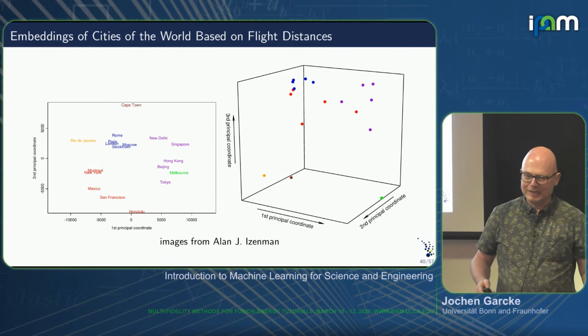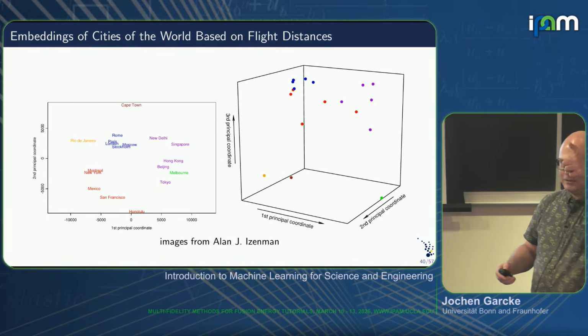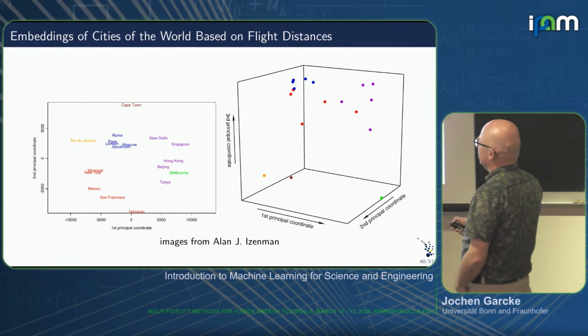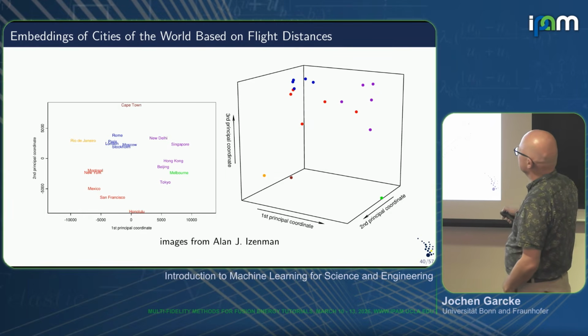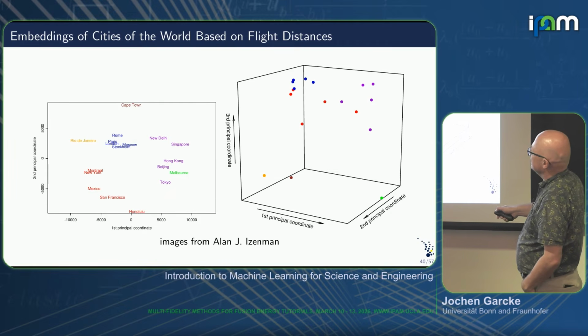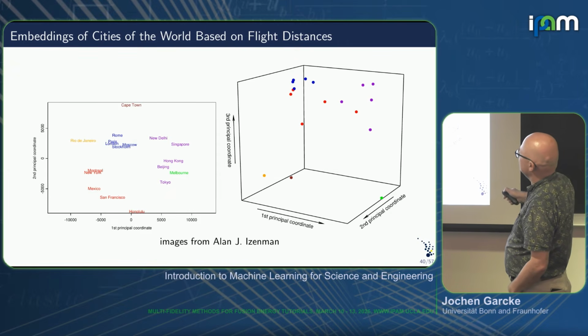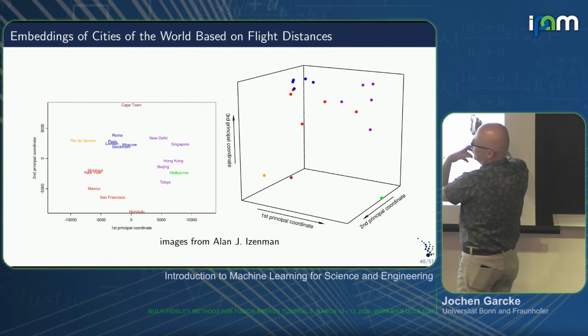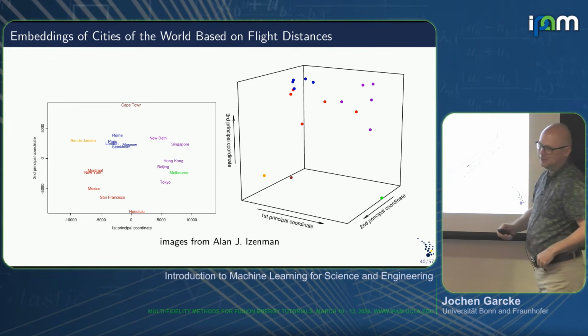We can do this for airline distances, so geodesic distances. So different distances still work. And we can do it in 2 and 3 dimensions. The color coding, you can identify here as Europe. Of course, if I could rotate that, it would be clearer that it does work.